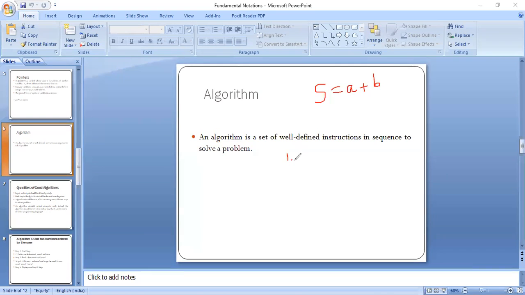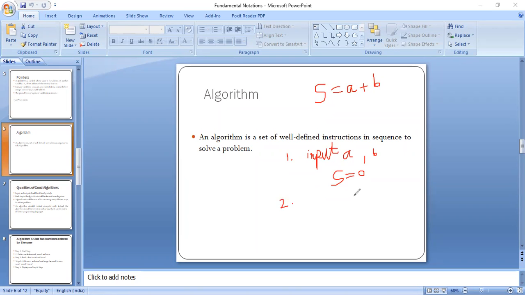Firstly, in step 1, we need to have the values of A and B, so we will input A and B. Also we will declare a variable, let's say sum, with initial value of sum equal to 0. So these are our initial inputs.